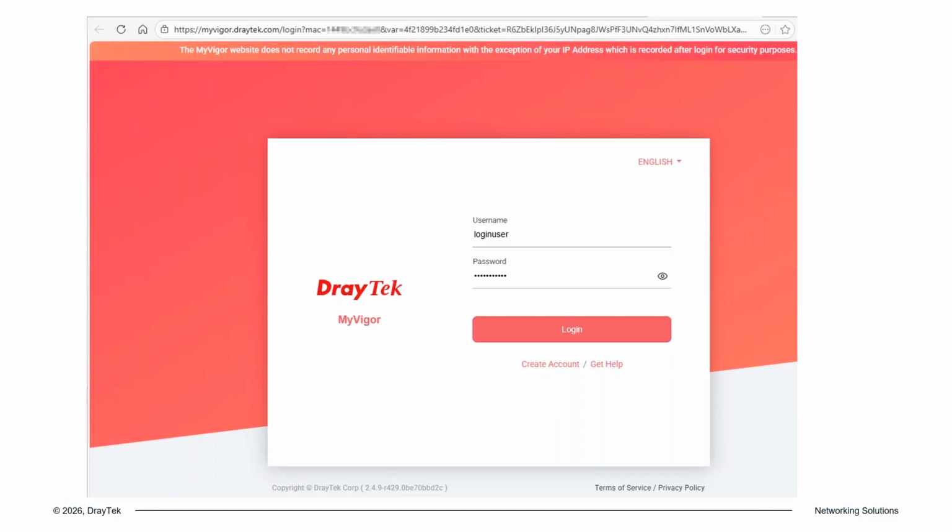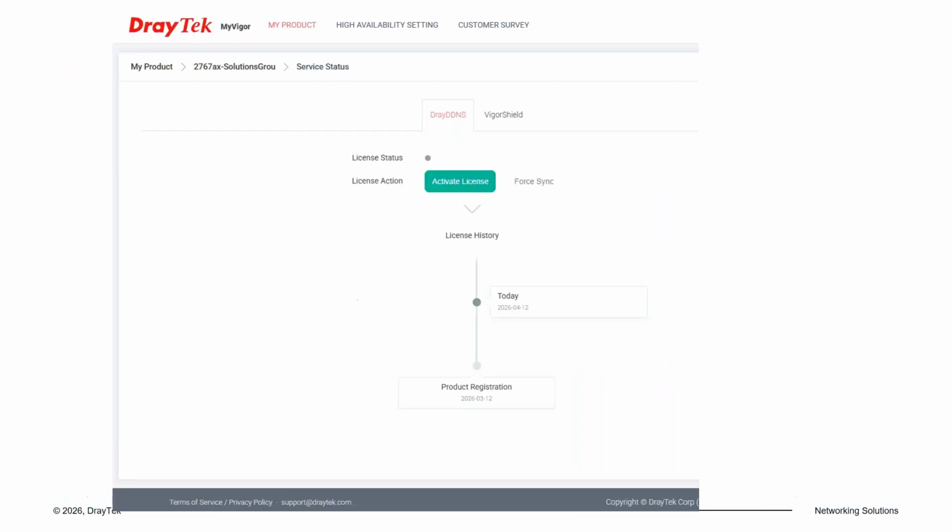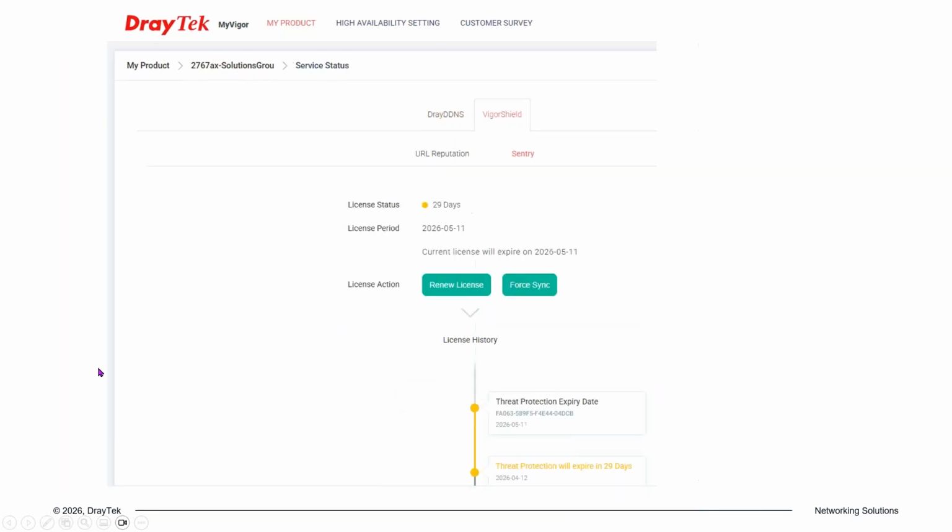You can have many devices assigned to the same MyVigor account, so you just have to set that up once on the MyVigor website, and on there you'd log in, see the service status. That's where it's got the different services. So we've got DrayDNS covered under the same portal, but we go to VigorShield, and then there we've got